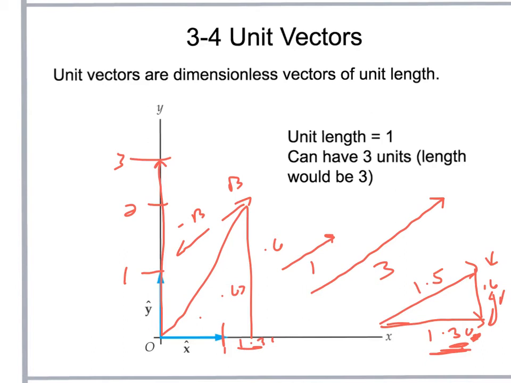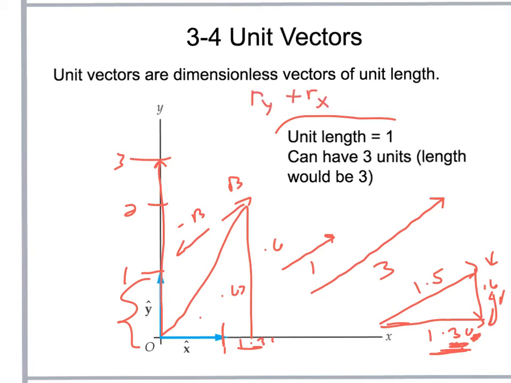So we have, again, our unit length, or unity, is 1, and we can have 3 units, 5 units, 10 units, any multiple, even a fraction of a multiple, like 1.36, which is saying that we have 1.36 unit lengths, 1 unit length plus 0.36 unit lengths. So again, our unity, and what makes it important is when we talk about our x and y components,